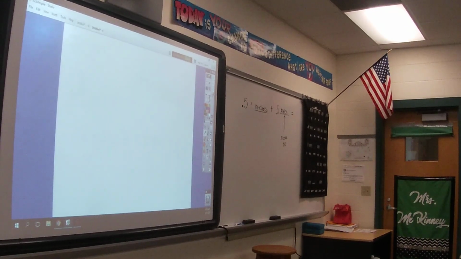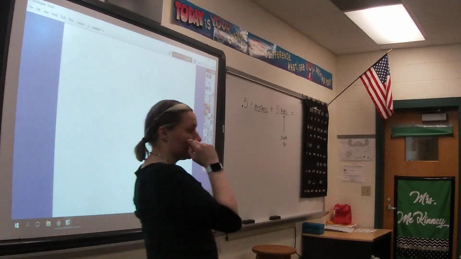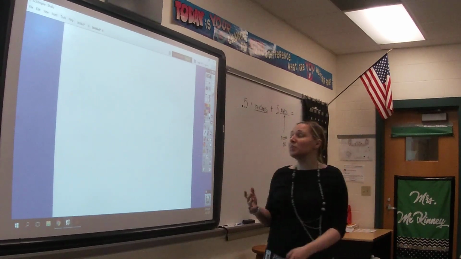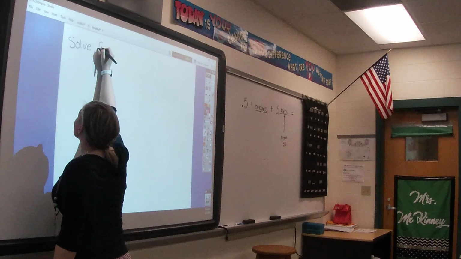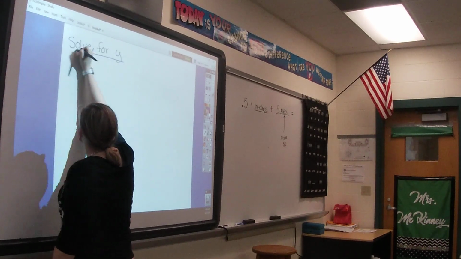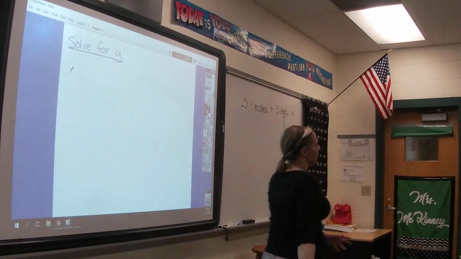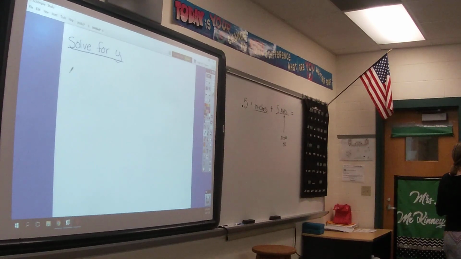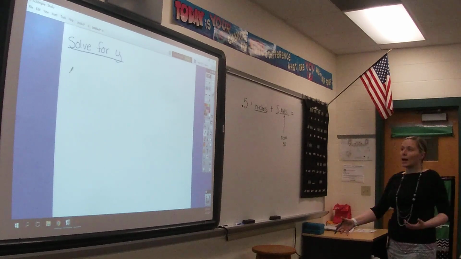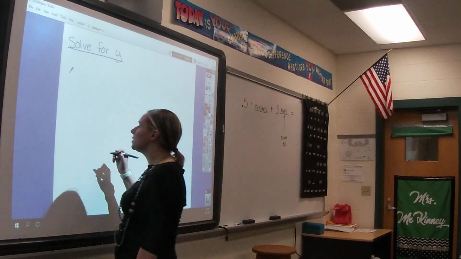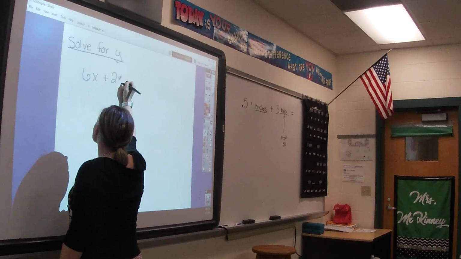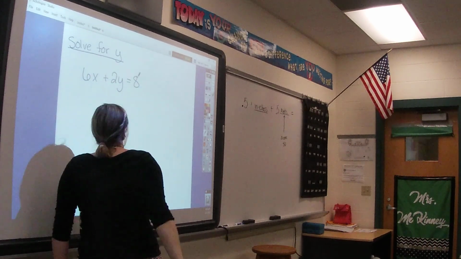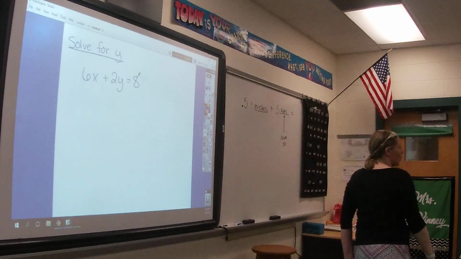So we're just taking that same idea for literal equations, but now we're going to specifically be solving for y. And the majority of the time when we are solving for y, we're going to be in a specific form that's called standard form. Okay, and we're going to try and get y by itself, which means we'll start with something like